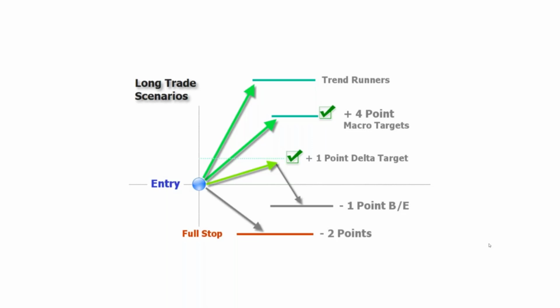So here's an example where we'd take an entry, we'd have a wide stop on the full position, let's say, and let's say that this was 4 contracts, 4 micro contracts. We could pull half off, 2 of them at like a real quick target. And this is an example with the ES futures, by the way, $50 a point. So we could pull off 2 of the contracts at the first target, which we call a delta target, and then another one we could peel off up at another kind of a macro target, 4 points,